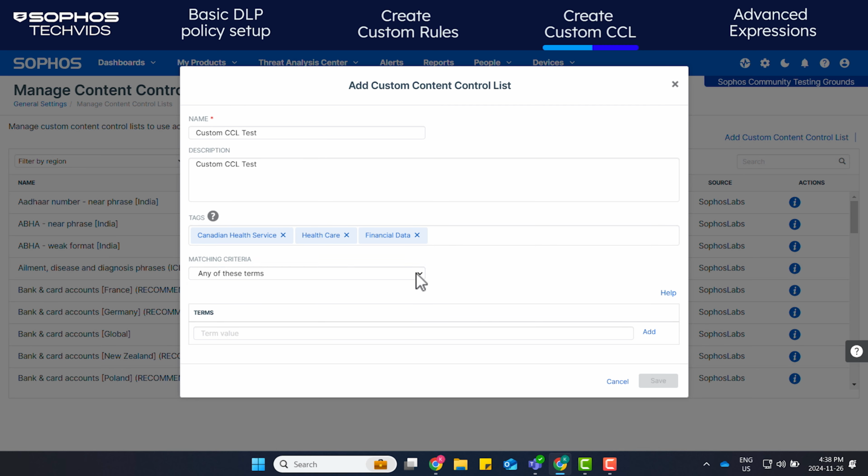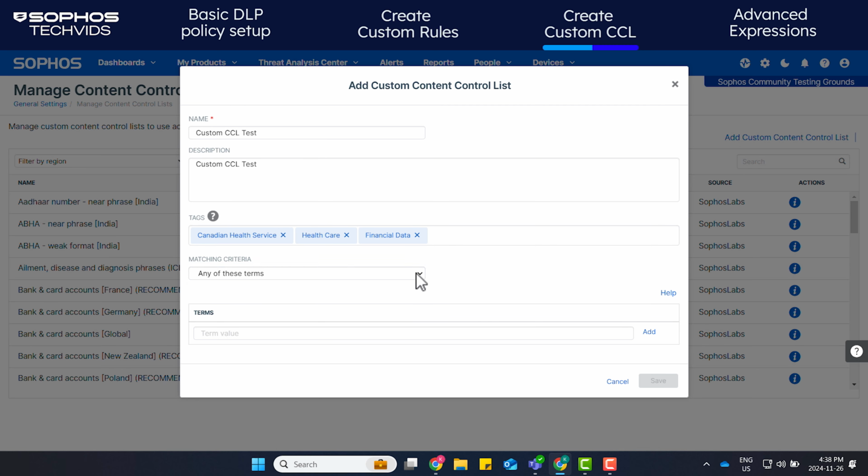To set up an advanced expression, go to the custom CCL that we created and select Advanced Setup as the matching criteria. Set the trigger score equal to the number of times the regular expression is matched. A link to the regular expression can be found in the video description. The sample expression we'll use for this demo is shown here. Set the CCL score equal to the number that is added to the total score for a CCL when the regular expression is matched. This should match the trigger score.